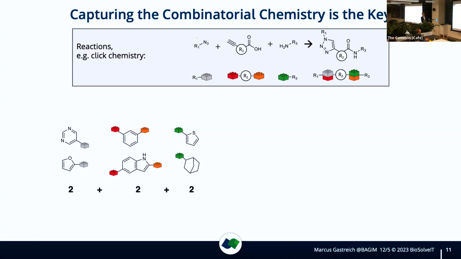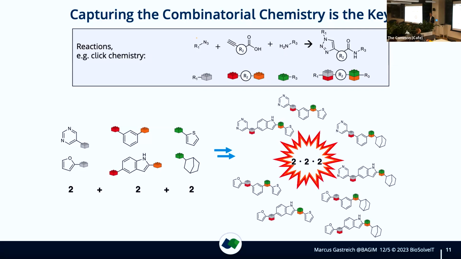So here I have put up these little Lego bricks to symbolize it, to show you that we encode, or we can encode, a compatibility between certain building blocks. That's really not rocket science, but it needs to be encoded at one point. So gray may react with red, but gray may not react with green, for example. These things we can encode and we can feed it into the computer